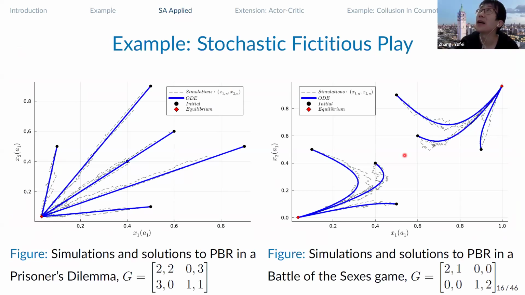So in this case, is it saying that no algorithm can learn this mixed strategy, or it's just saying that learning this mixed strategy is not practically interesting? I don't know. Oh no, it might be practically very interesting, but an algorithm that is a stochastic approximation algorithm under which the associated ODE is unstable for this equilibrium will not learn it. There could be other algorithms for which the ODE is attracting at that equilibrium, in which case it would be learned. I see. Okay, thank you.